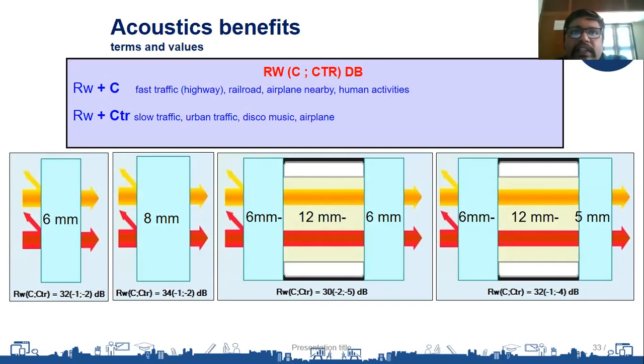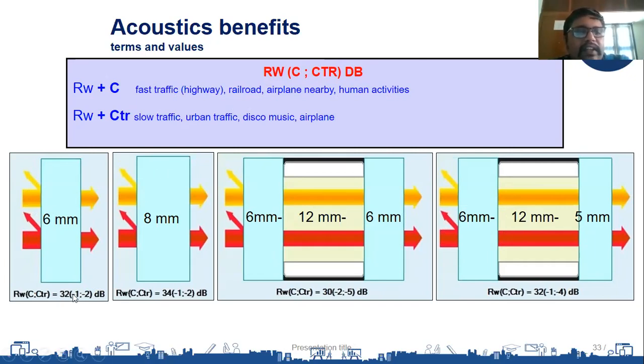Say at 50 hertz, the glass reduces 35 decibels. At 100 hertz, it reduces 34 decibels. Like that, I measure for the different bandwidths and calculate a weighted average. That weighted average is RW. Say, for example, for the 6 mm glass, the RW is 32, which means on average it reduces 32 decibels in that particular frequency bandwidth. And if I go for a higher frequency apart from that bandwidth, you will have to